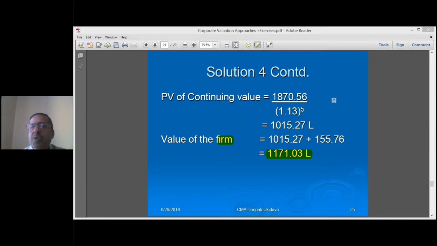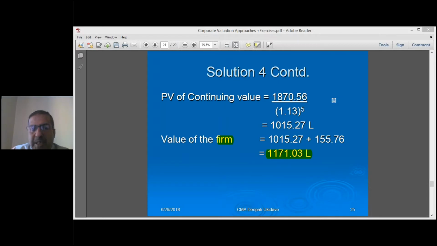Now we have solved already 3 questions. Though it is solution 4, we have done 3. 1 question in between we have skipped. So that we will look at. That is a question in isolation only on FCFE. Only calculate FCFE. See, sometimes in the exam you may not have a complete question on valuation. You may not have a complete question on valuation in the exam. Sometimes it may so happen that instead of asking you to go through the complete step, all steps and get